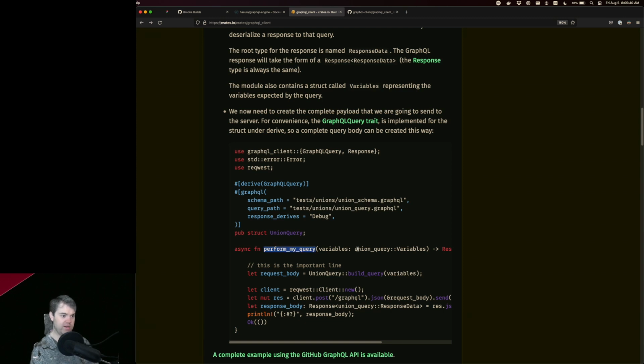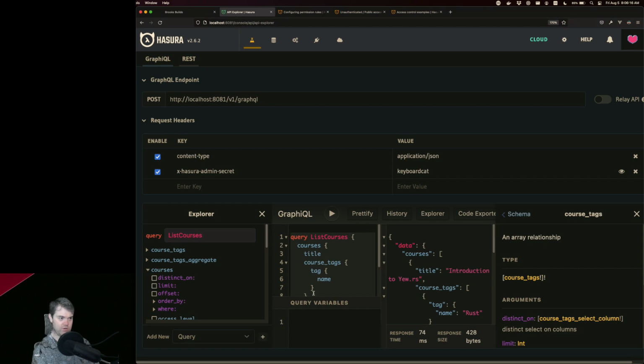We're going to perform the query. Oh, we taken any potential variables for this. That's going to be another thing in the future that we might have to deal with. Okay, so we're going to build the query. So union query, build query, and pass it in the variables. And the variables are empty right now. So union query, build query. Okay, so